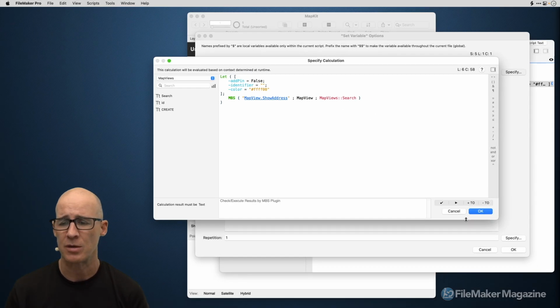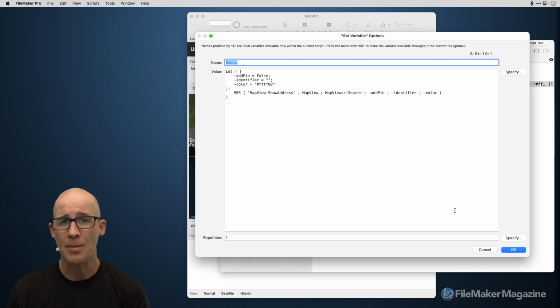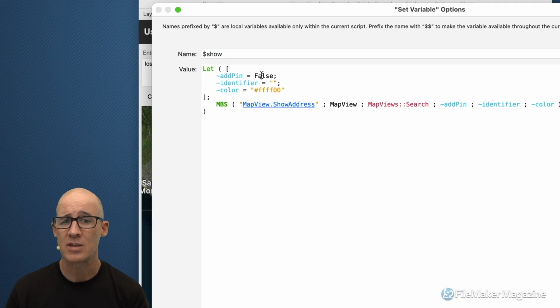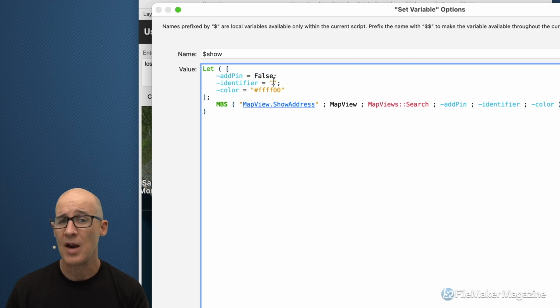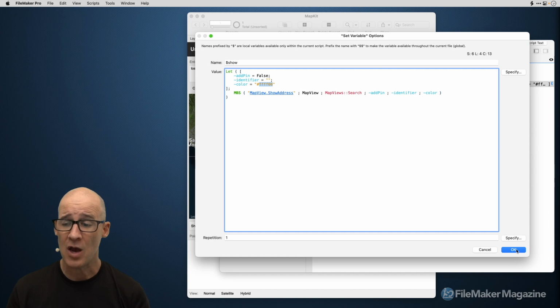I believe they're optional. I put them in because it's easier for me as a reminder, and it gives me a place where I can come and copy this code. All I have to do is supply a true, and then I provide an identifier and a color. So speaking of color,